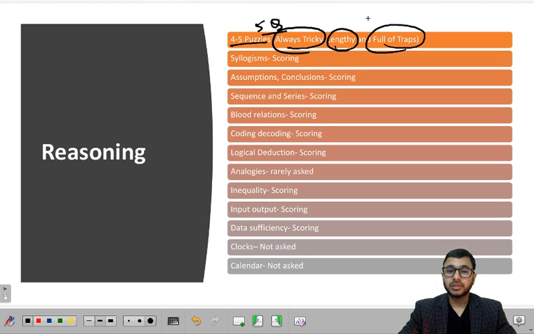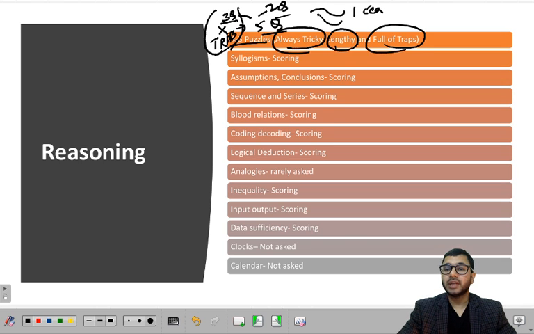What happens in puzzles, which include seating arrangements, circular arrangements and all these areas, is that if there are 5 different puzzles with 5 questions each, a total of 25 questions, let's say 3 of these 5 will be very difficult. 3 of these 5 are not doable at all. So they are traps meant to waste your time. You're not supposed to be doing them. You're not supposed to pick them up. And 2 of these 5 are doable. Now, in these two, one is easy, which can be done in, let's say, 5 minutes, and one is a little difficult, which would need 10 to 15 minutes.